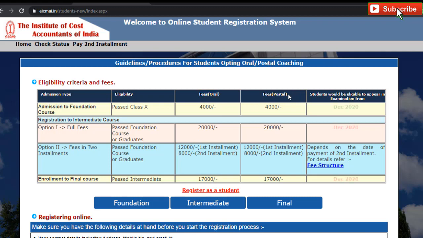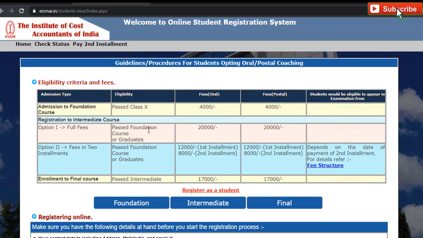And for the postal students, those who are not going to take classes from the institute or the chapter, you can do your postal registration. However, it's your choice. If you want to do oral, you can do oral. If you want to do postal, you can do postal.